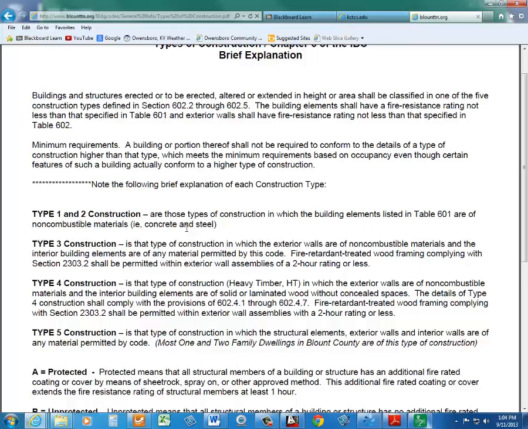Anyway, concrete and steel, table 601. So it's right here on page 75. It just doesn't come right out and tell you. You know? So 602.2